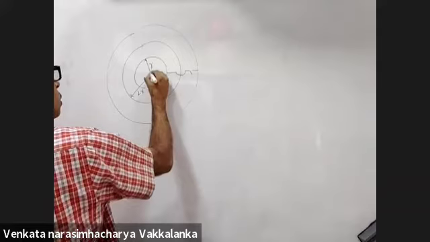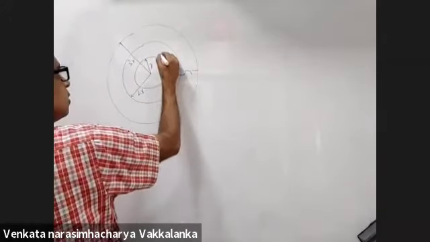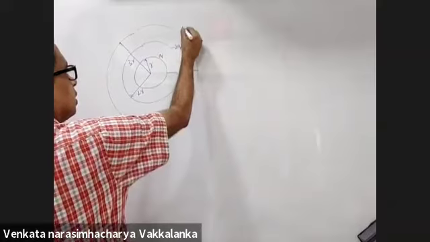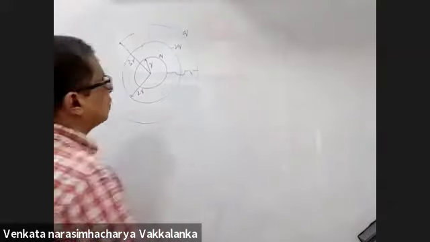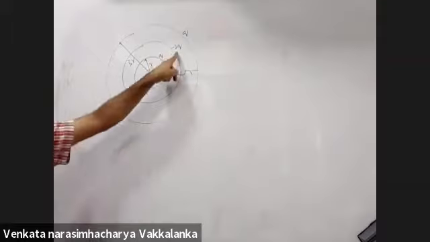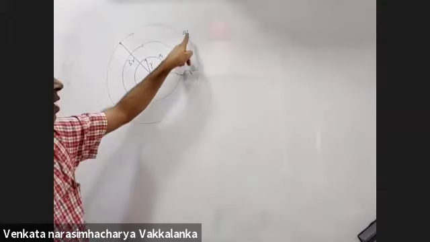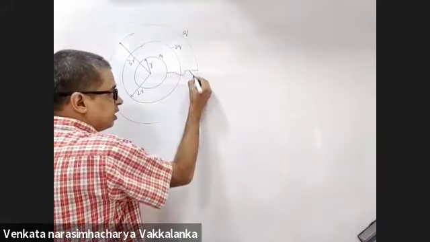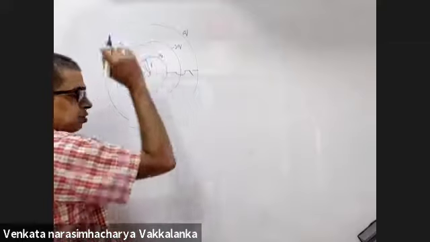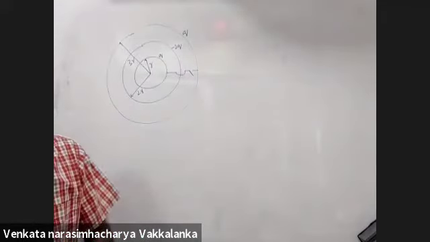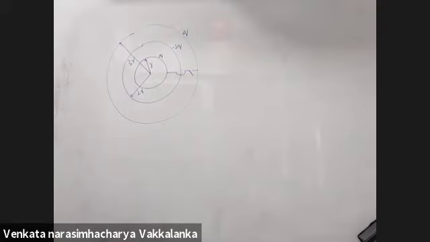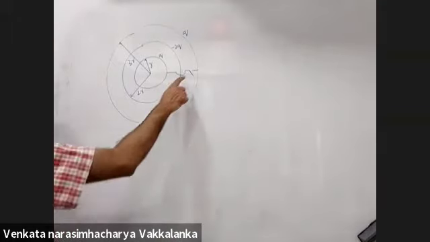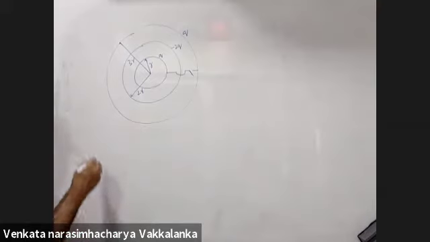Radii R, 2R, 3R. Charges Q, minus 2Q, Q. The inner sphere is given a charge of Q, the middle sphere is given a charge of minus 2Q, and the outer sphere is given a charge of Q. You have a switch; when closed, the innermost and the outermost get connected. Find the final charge distribution after the switch is closed.